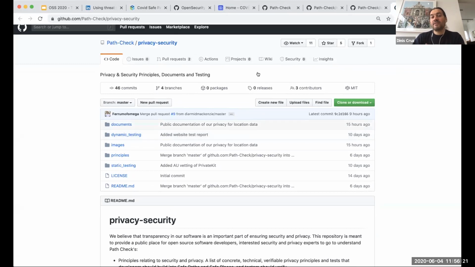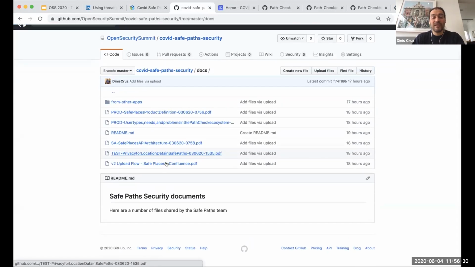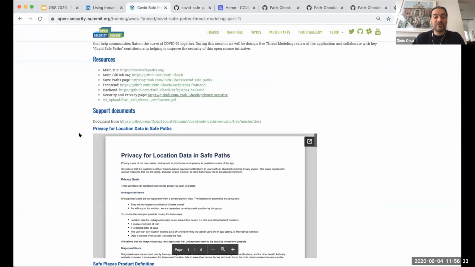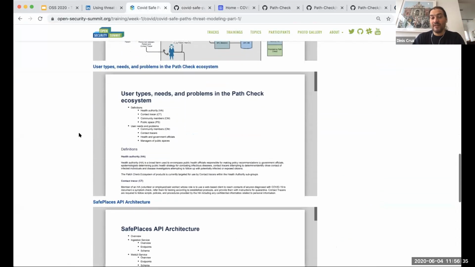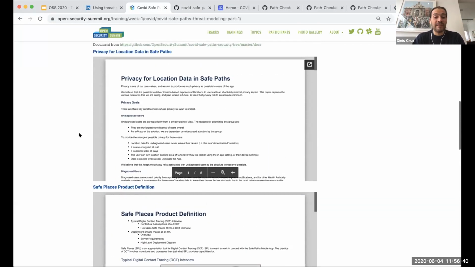But the other way, in order for us to have speed, I've also created this repo where we can start to put information. For example, I put all the documents that you shared in here, and I also start to link them from here on the website. And these things make a difference, right? Not being funny, but I was reading this morning, and it really helped me to go to the Summit page and flick through it and understand it. So we could also use the Summit website and its structure to create this information, and then let the safe paths and you guys decide how you want to do it at your end.